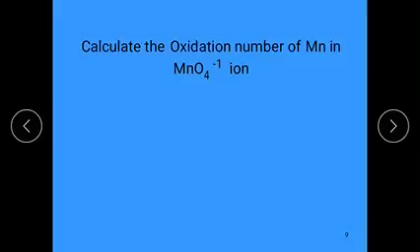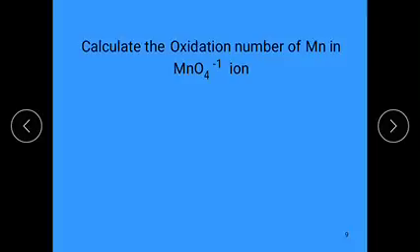Okay, let us see one more example. Calculate the oxidation number of manganese in MnO4 minus ion. It is in the form of ionic state. So for this kind of ions,